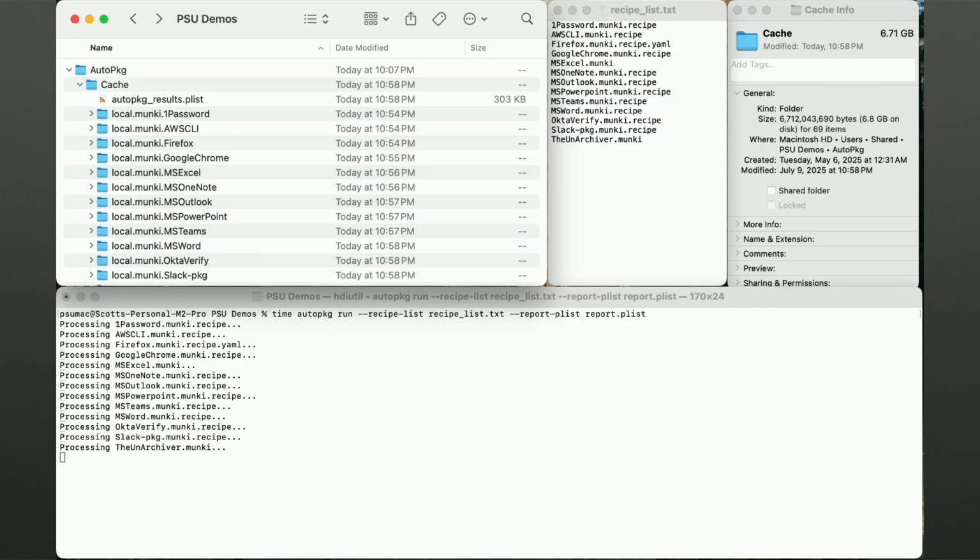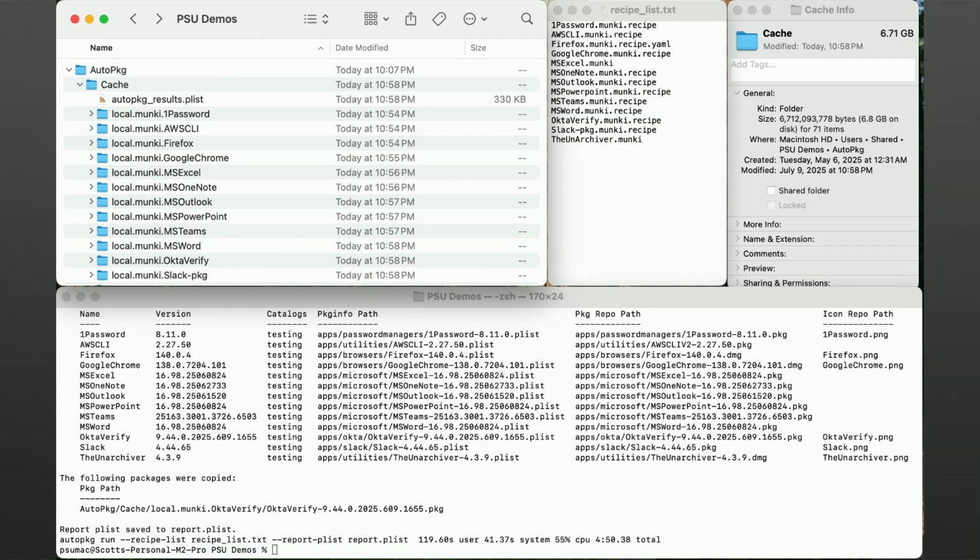Okay, this is almost done. There we go. So at this point, all 13 of those successfully imported into Munki. Can you believe that only took 4 minutes and 50 seconds? That felt like forever, didn't it? I don't know if that's easy for you guys to see or if my head's in the way. 4 minutes, 50 seconds. When you're waiting on something, it takes forever.